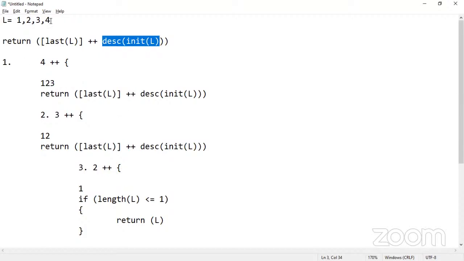Like this is 1 2 3 4, right? I have written 1 2 3 here. That's the initial of 1 2 3 4, and then in the second step 1 2 is the initial of 1 2 3, and then in the third step